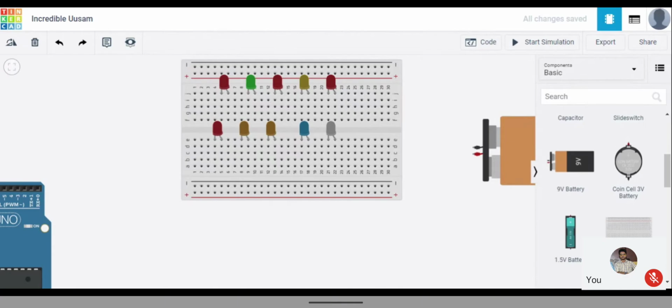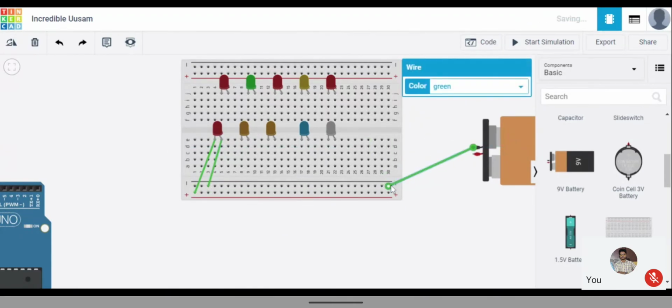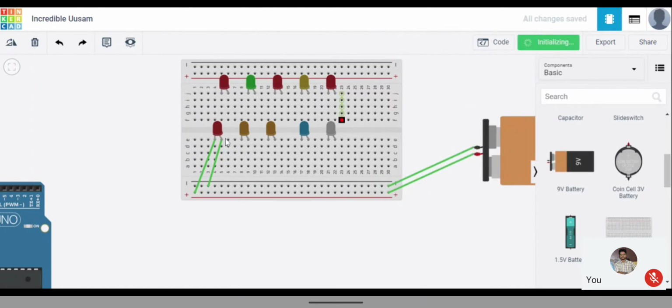Yes sir, we can connect each and every bulb to the positive or the negative terminal, and directly connect the battery. Okay, like this, right? Yes sir. Okay, in this way I can connect everything. Yes, that's a good idea. See, I can directly connect this negative terminal to here and the positive to here. And if I start